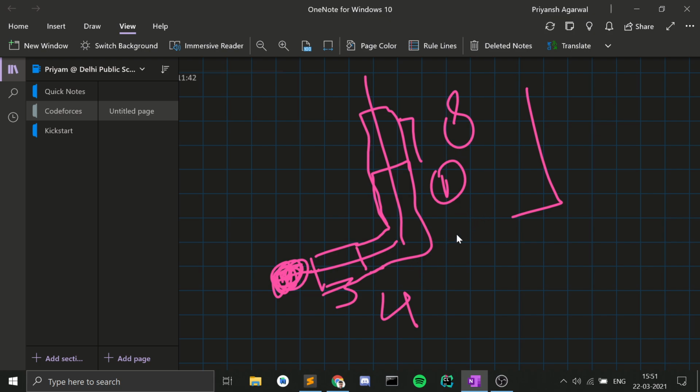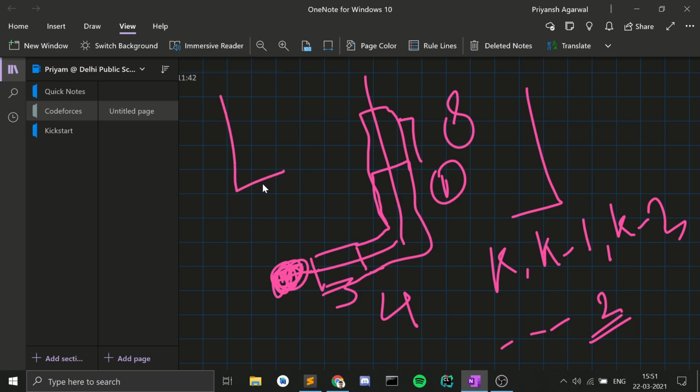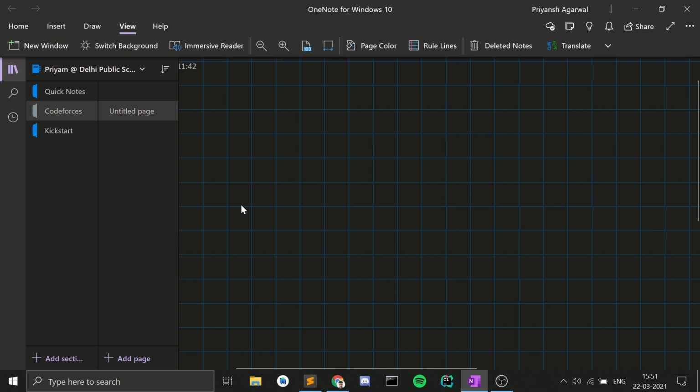So one observation here is that if you are able to form an L shape such that the length of the shorter side is k, then you will be able to form all those L shapes such that the length of the shorter side is k minus 1, k minus 2, and so on up till 2. This was another condition in the question: the length of the shorter side should be greater than or equal to 2. This is obvious because if you have an L shape, this length should be at least 2, right? If it is only 1, then you have a single straight line, right? So how will you do this?